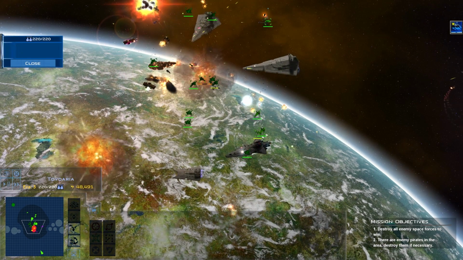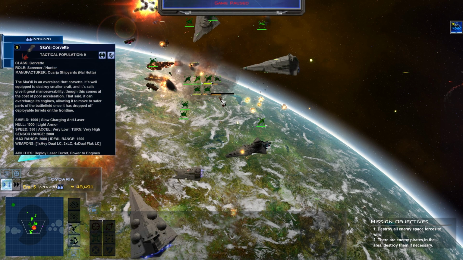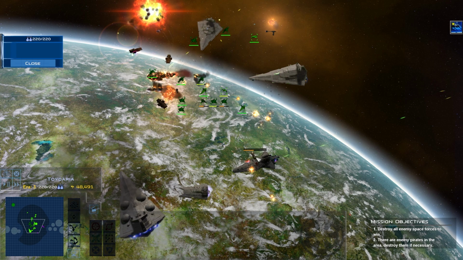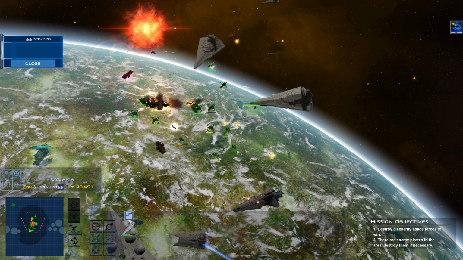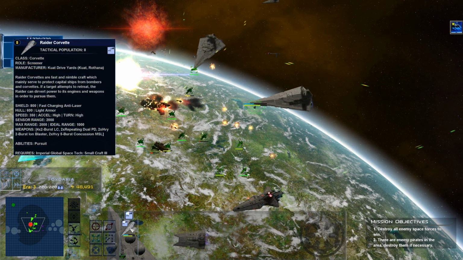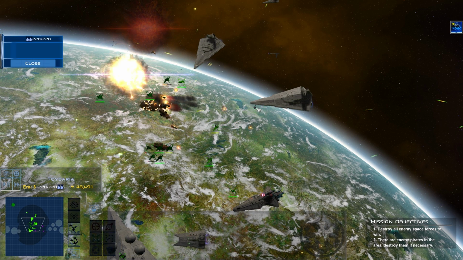Look at that thing go. That's cool. We got a Skadi Corvette. The Skadi is an oversized Hutt Corvette. It is well equipped to destroy smaller craft, and its sails give it great maneuverability, though this comes at a cost of poor acceleration. That said, it can overcharge its engines, allowing it to move to safer parts of the battlefield once it has dropped off and deployed turrets on the front line. Only 350 speed, that's really not that fast. Very high turn rate, of course it has the power to engines and deploy laser ability. Very cool, it seems very fast, but 350 speed, I mean, what is a Raider, for example? A Raider is 350, so it's not any faster than a Raider. I mean, Raiders are pretty fast, but...